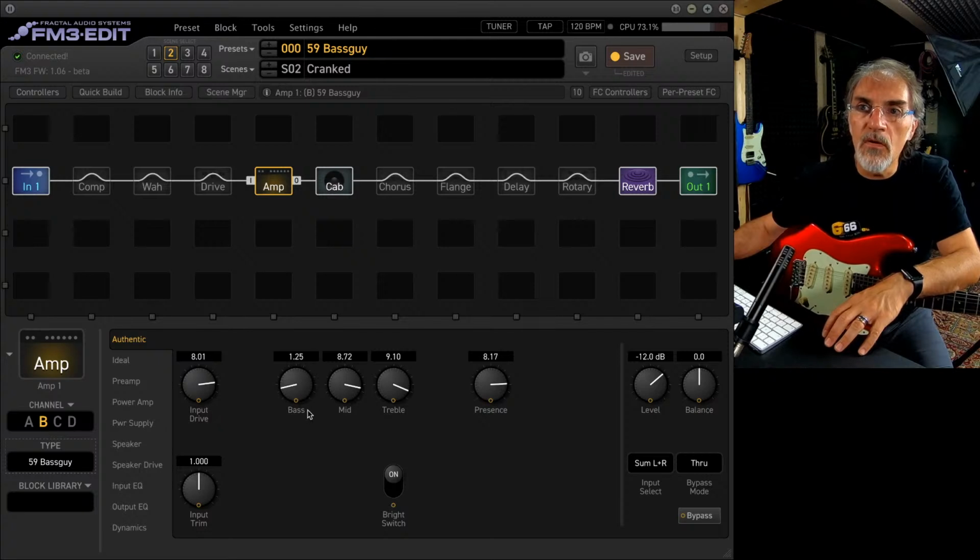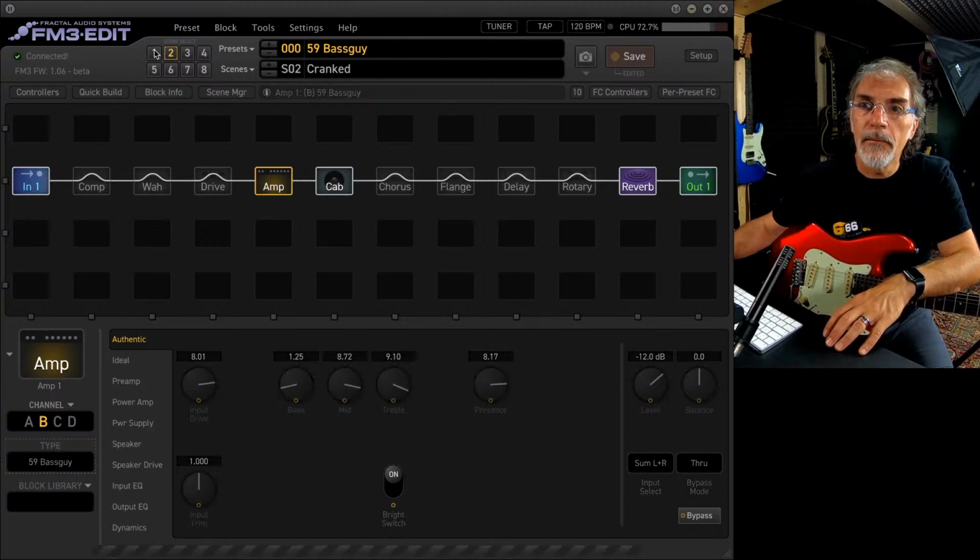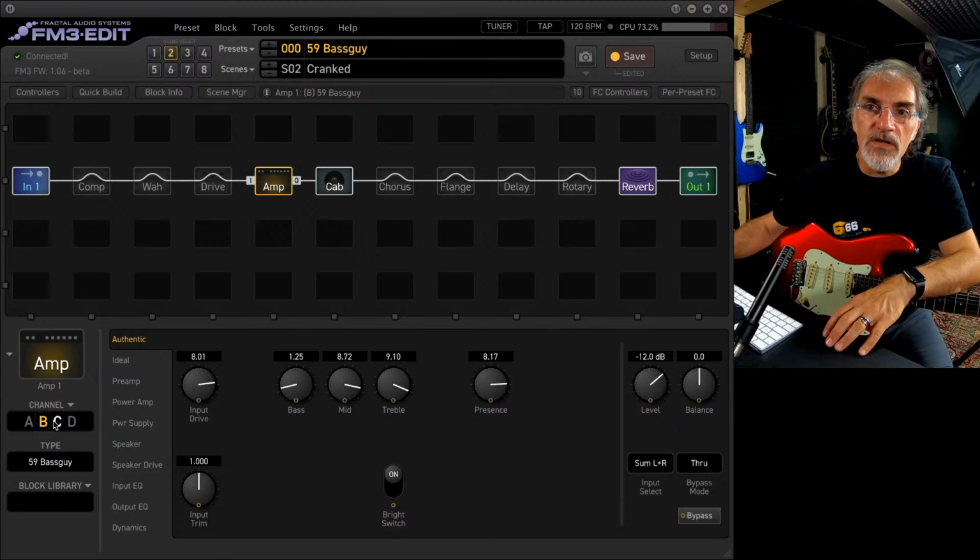The input drive is more, the bass is less, and check the knobs of the amp. I have 4 channels and 4 statuses of the same amp with different parameters.